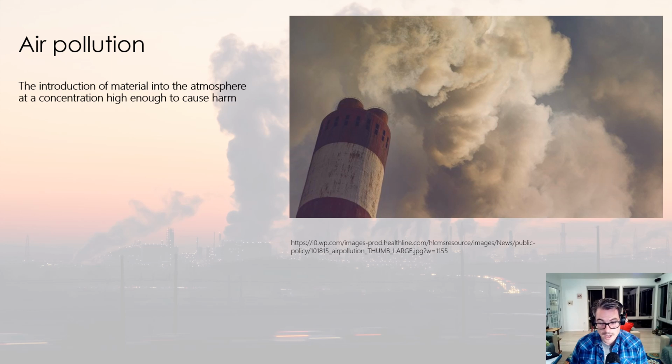Air pollution can come in three major categories: chemical, particulate matter, or microorganisms. One of the things that's so unique about air pollution compared to aquatic or solid waste production is how air is a shared common resource and how quickly air can move through the atmosphere from one geography to the next.